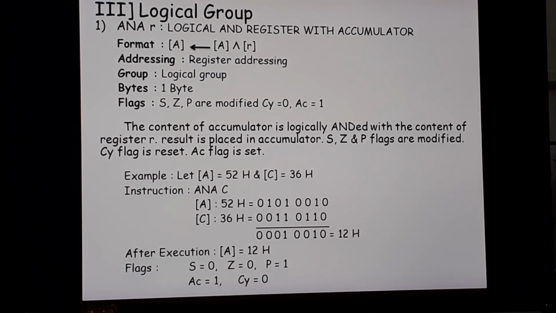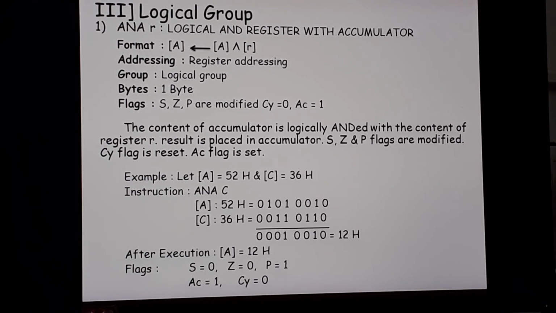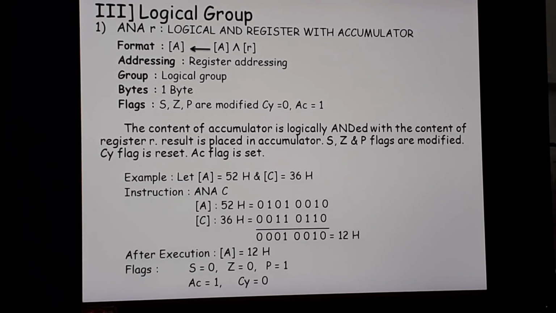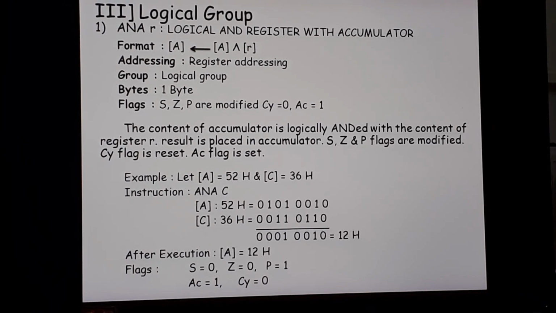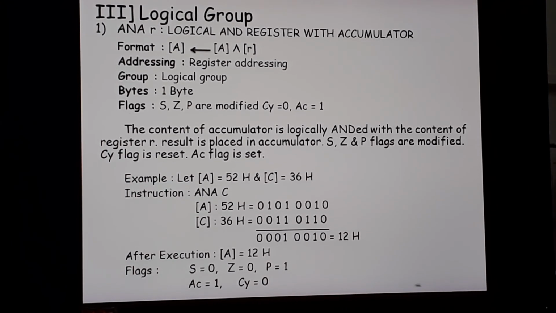So 0 into 0 normal, you can take down the explanation that I am dictating. 0 into 0 means normal multiplication. Then 0 into 0 is 0, 0 ones are 0, 1 zeros are 0, 1 ones are 1 with no sum or carry, nothing. So hence this is the operation which I have done, AND operation.